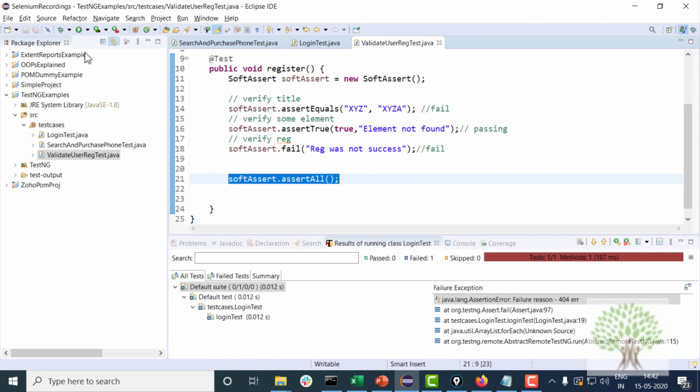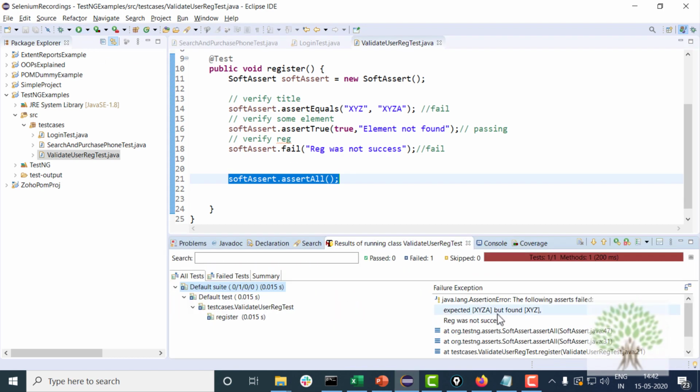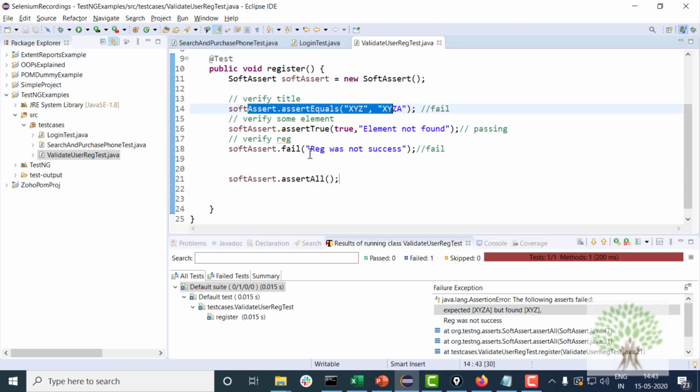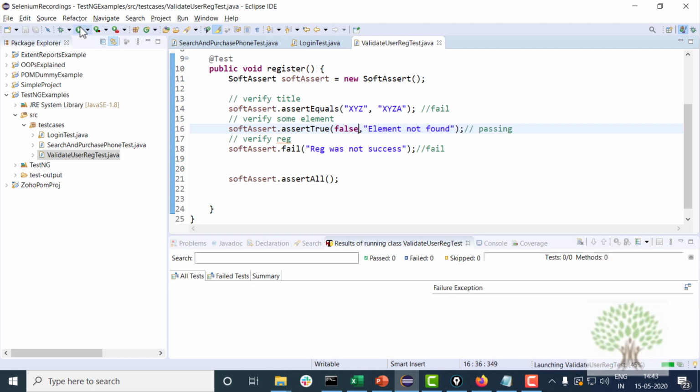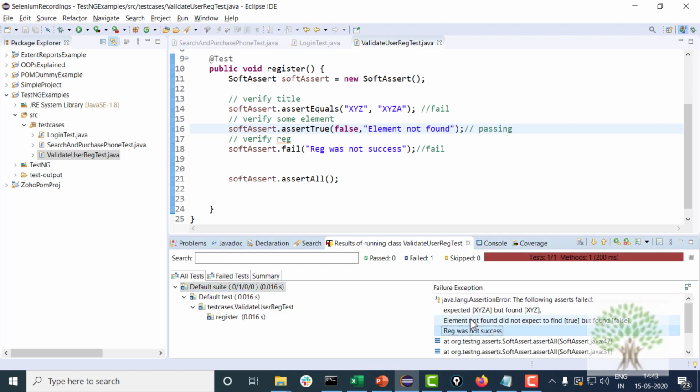When you run this code, you will see that if you go to the results, it's showing two failure messages. One, registration was not success, and expected was something but actual was something. It is failing both of them. If I put up say false over here and run it, it will put up all the three errors in the report.